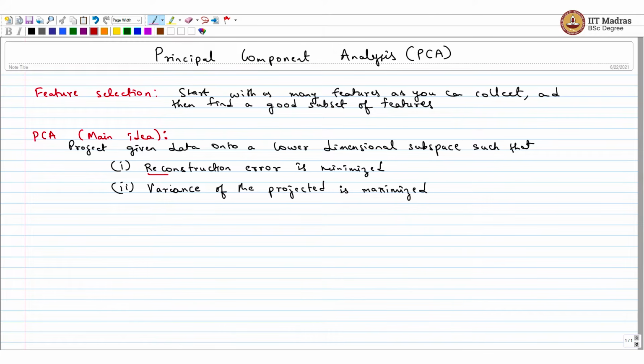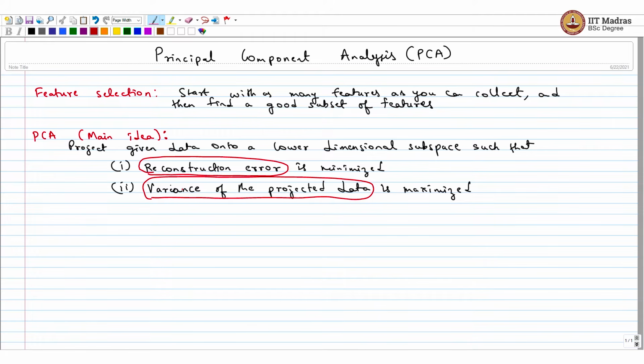So you can derive the PCA algorithm by looking at the variance of projected data being maximized. So both are valid. So we'll first look at the main idea of PCA by understanding how it minimizes the reconstruction error. For this,